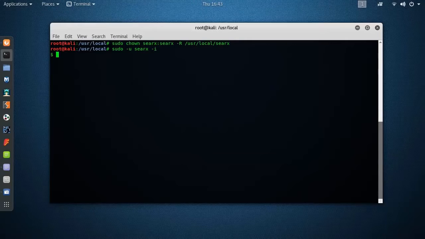Once this user account is in use, we can activate the Searx virtual environment by running this command. This allows the tool to run within its own operating environment to ensure proper usage of dependencies or libraries. To activate the virtual environment,